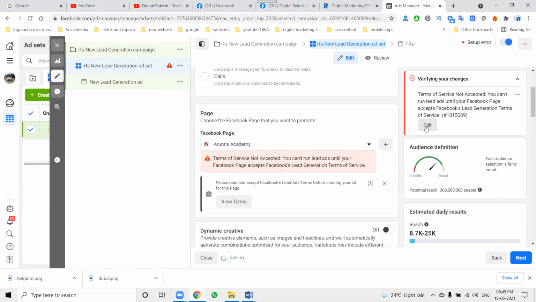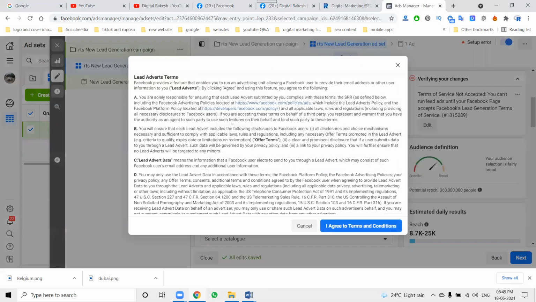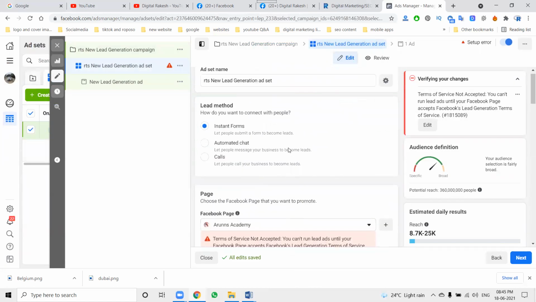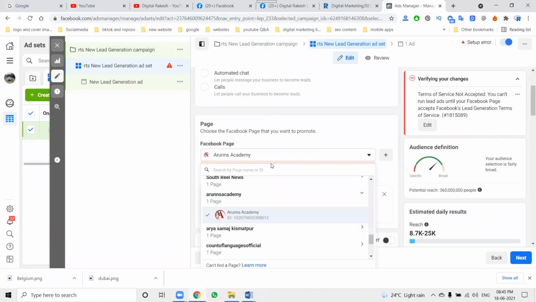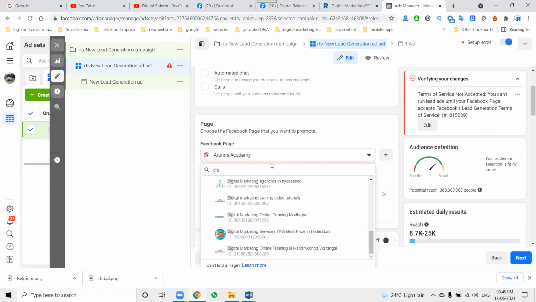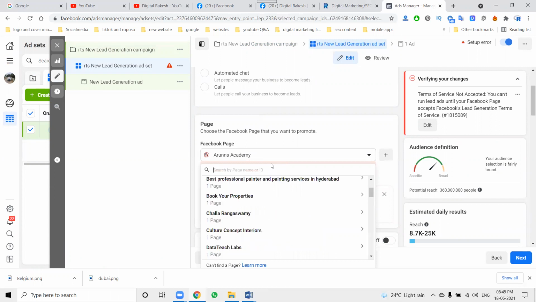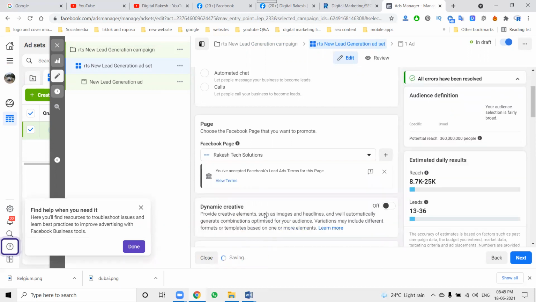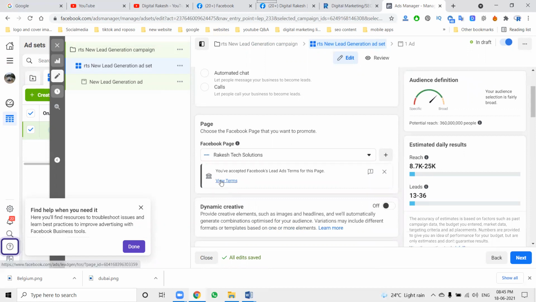And we can come to the terms and conditions, which are also very important. Whatever page you select, terms and conditions are important. So the page is Arun Academy. The terms and conditions must be accepted.